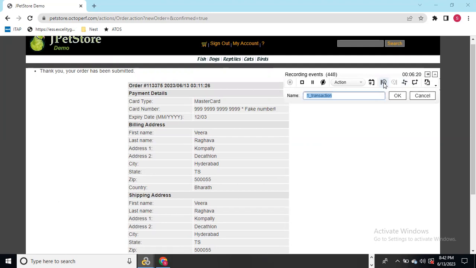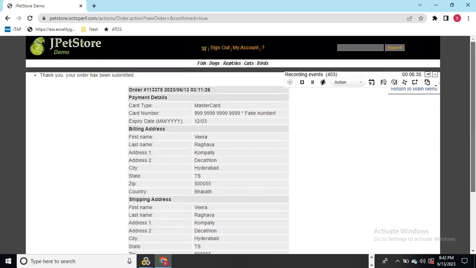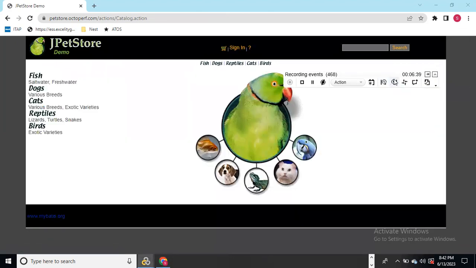Next transaction, what? Sign out, right? The business flow is completed. Sign out and T09, I think. Okay, T09. And now end this, and end this. So now everything